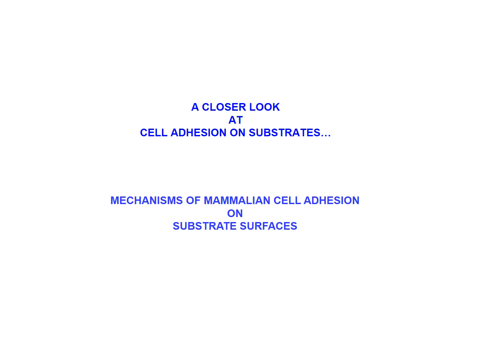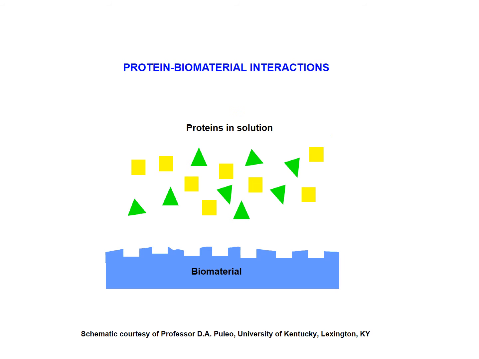The type, the distribution, and the conformation of the proteins will subsequently dictate whether the mammalian cells adhere or don't adhere, whether they survive or not, and whether they function, and therefore the process gives us the formation of new tissue. As mentioned earlier in this course,